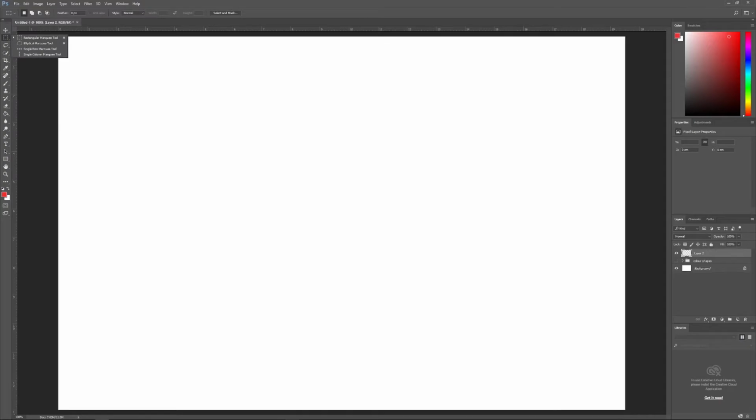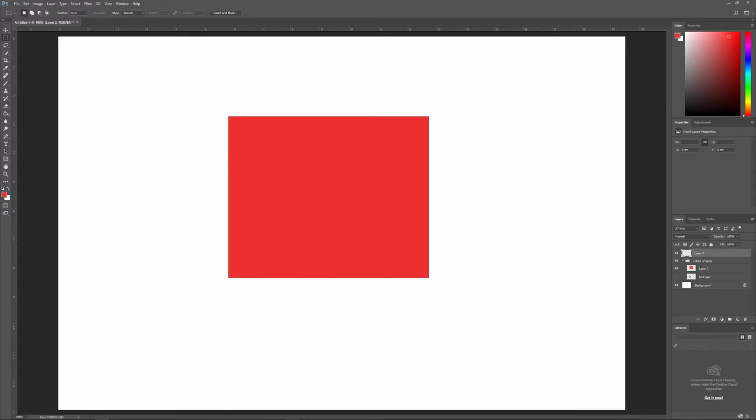So the next one is the marquee tool. What it allows you to do is just select rectangular or elliptical shapes. So it's useful if you're cutting out big chunks of something, you can select it. So if I was in this layer and I wanted to cut out the shape, I'll just draw a marquee, and if I hit delete on my keyboard, you will see it deletes the color. Or alternatively,